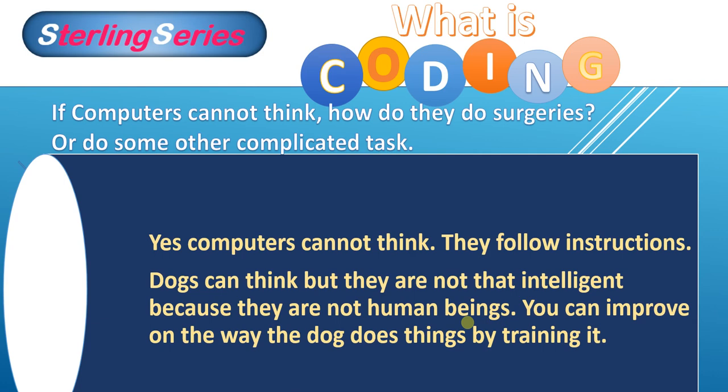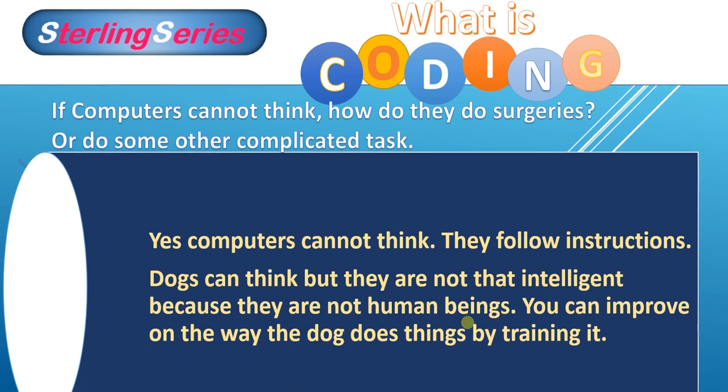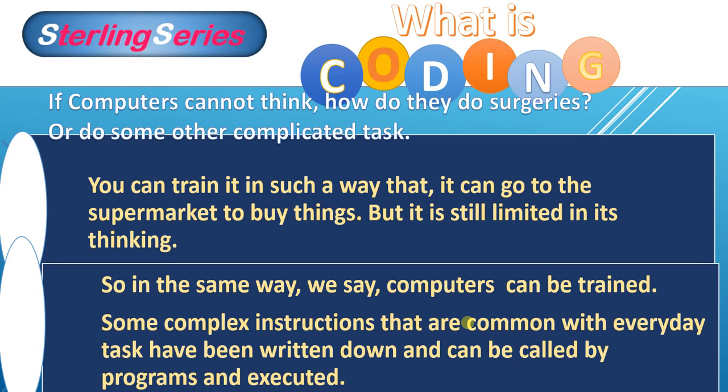Yes, computers cannot think. They follow instructions. That's a clear fact. When you take a dog, for instance, a dog can think, but they are not that intelligent because they are not human beings. You can improve on the way the dog does things by training it. In the same way, we can also train computers to do some strange things